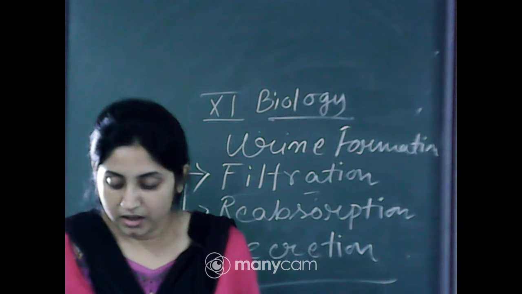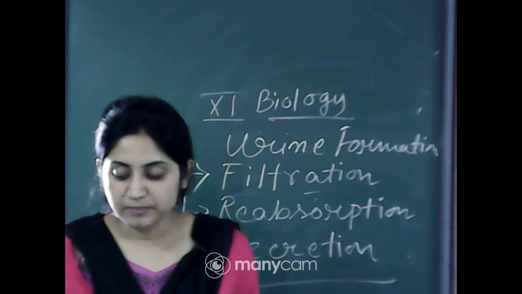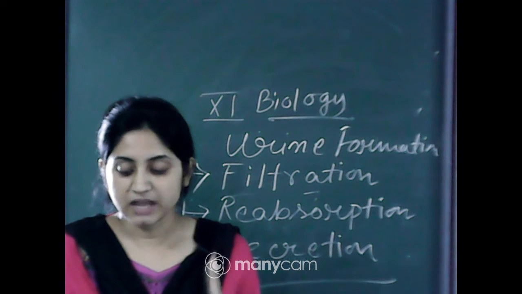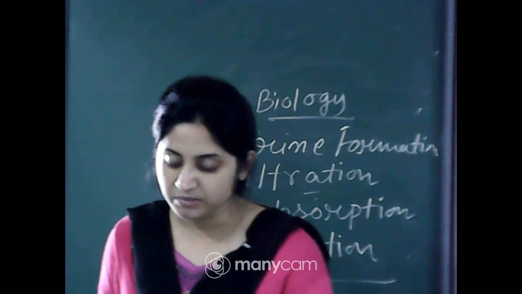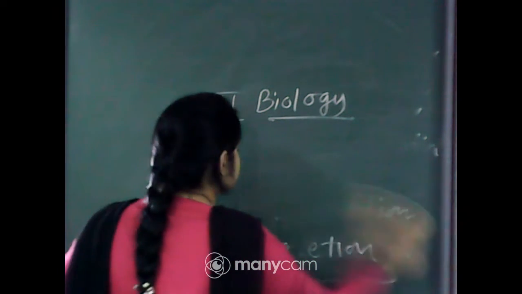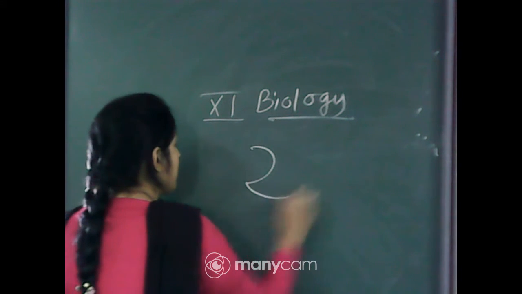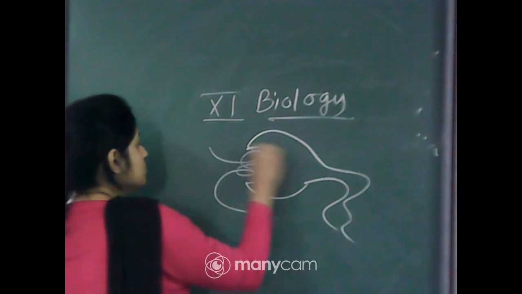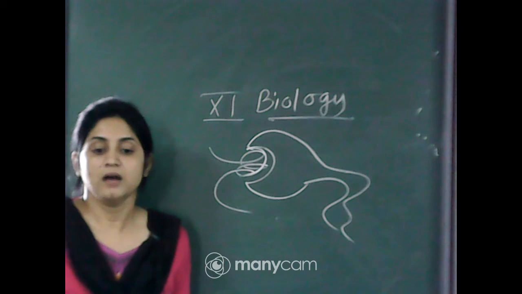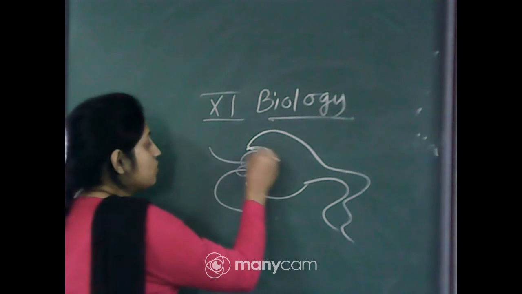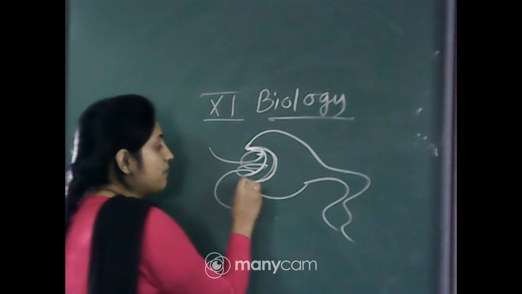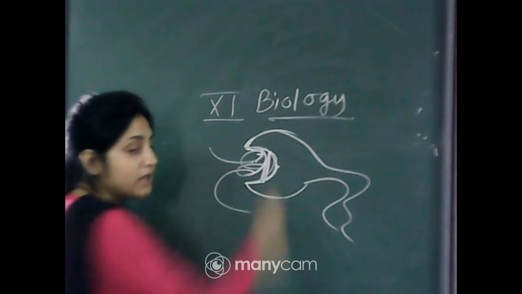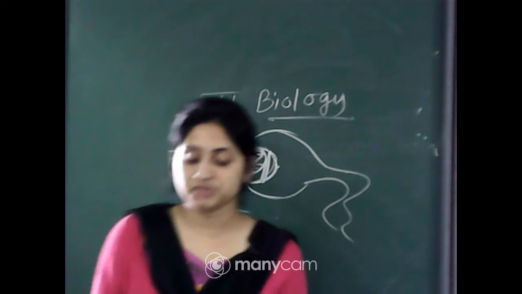Okay, the glomerular capillary blood pressure causes filtration of blood through 3 layers: the endothelium of glomerular blood vessels, the epithelium of Bowman's capsule, and the basement membrane between these 2 layers. You know the structure of the glomerulus. So the cup-like Bowman's capsule is present, and the glomerulus is present inside. Endothelium means the inner part, so the inner part of the glomerular vessel, and epithelium means the outer part of the Bowman's capsule, and the basement membrane is between these 2. So these 3 layers are involved in the filtration process.